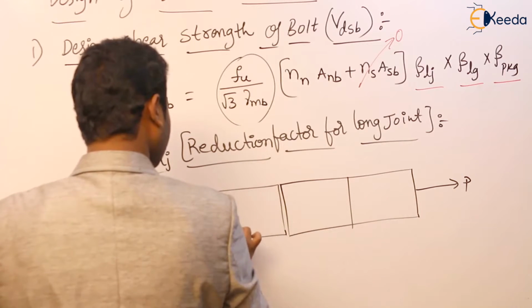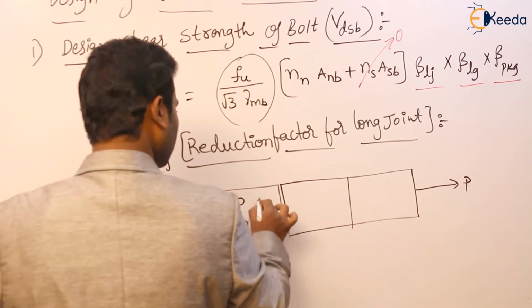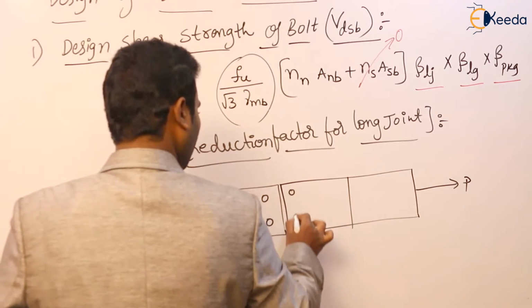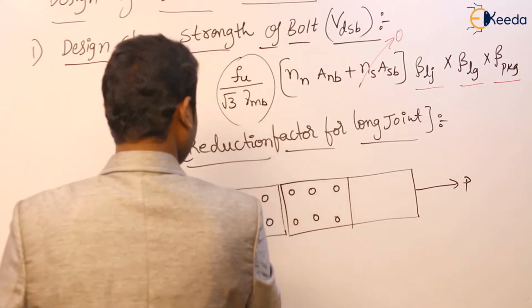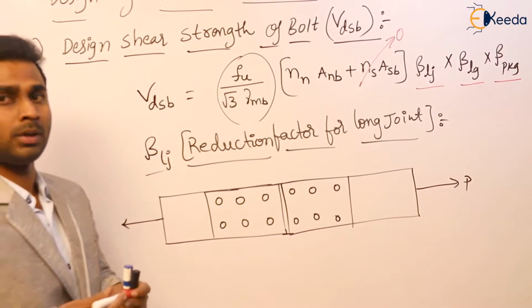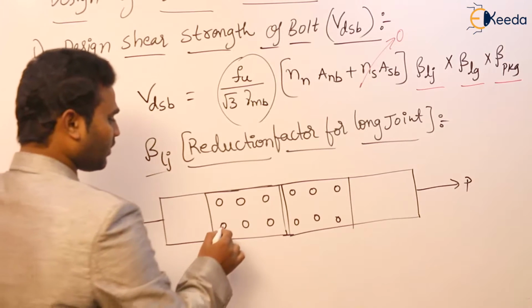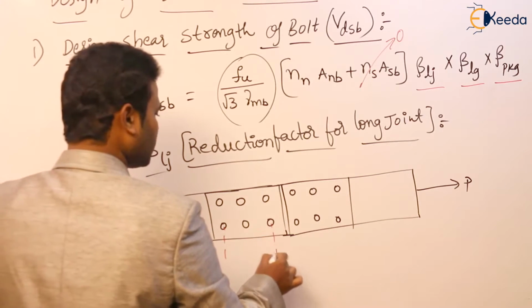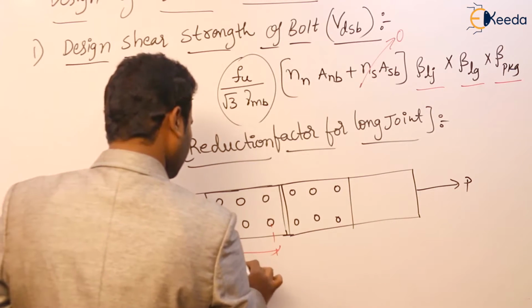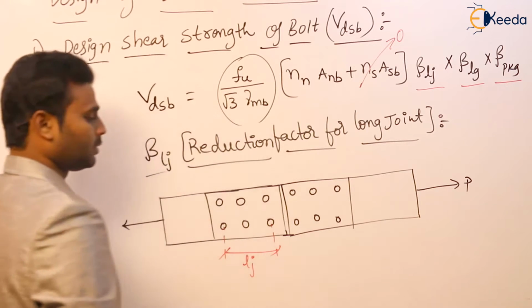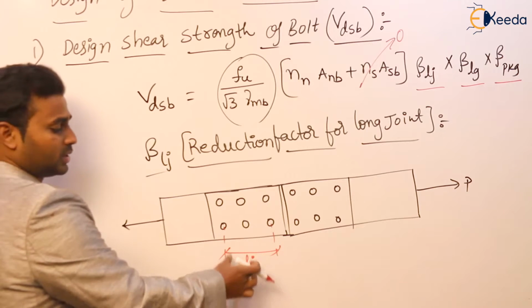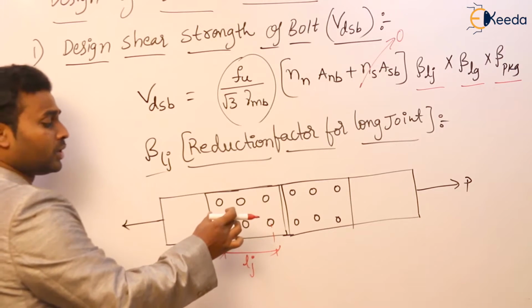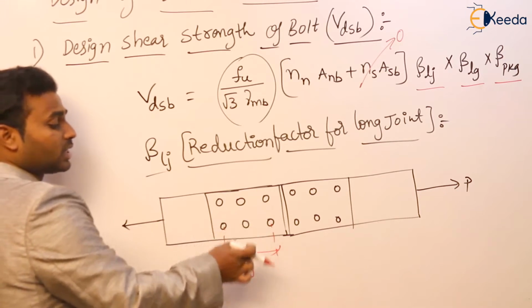This is how the rivets or bolts are there. The length of the joint is nothing but the first line to the last line. First line of the bolt to the last line of bolt, center lines. The distance between center to center, first line to the last line, is known as the length of the